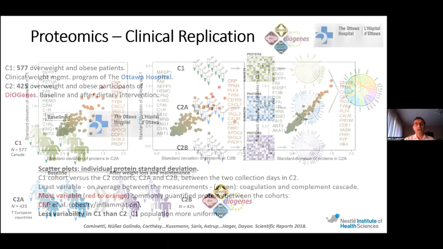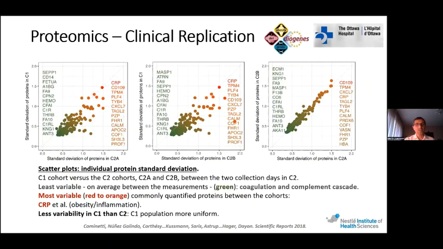Now, this is the outcome here. Here you see scatter plots of individual protein standard deviations to give you an idea which proteins naturally fluctuate and which are more stable. And you can see here a comparison between the C1 cohort versus the C2 and C2A and C2B between the two collection days. So the least variable proteins are in gray or a fading color. And on average between the measurements, these are the ones,